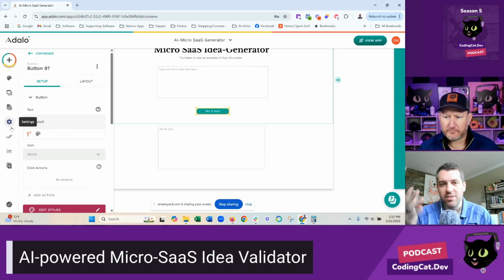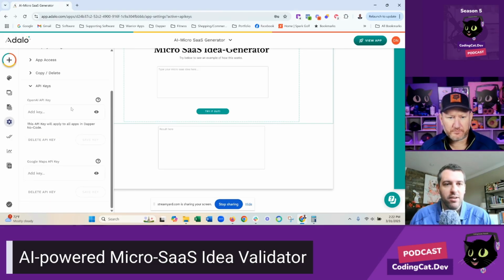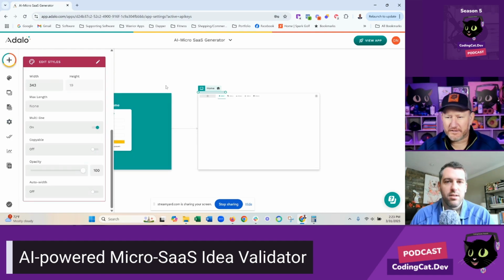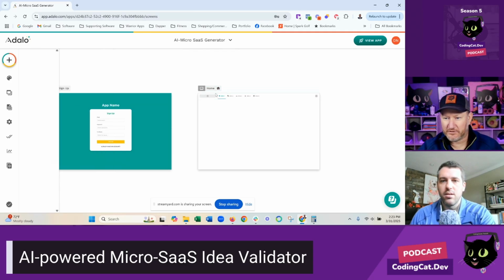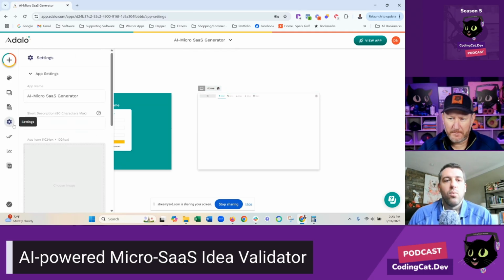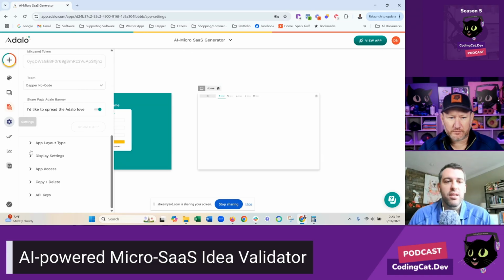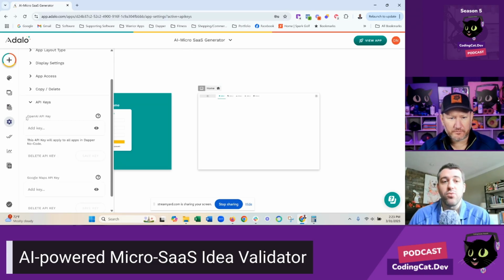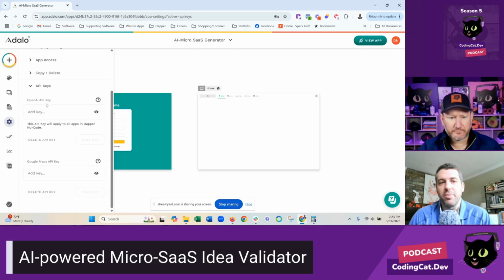If you don't have that, you can obviously get that for yourself. But if you have the key, you can basically come into settings and there is API keys down here and you just plop your OpenAI API key right in there. How extensive can keys and stuff like that get? Can you add Google Gemini, or is it only specific ones they support? Well, is it only specific ones? No. So this is one. Again, they have two right here that are just plop in your OpenAI API key and then Google Maps API key.